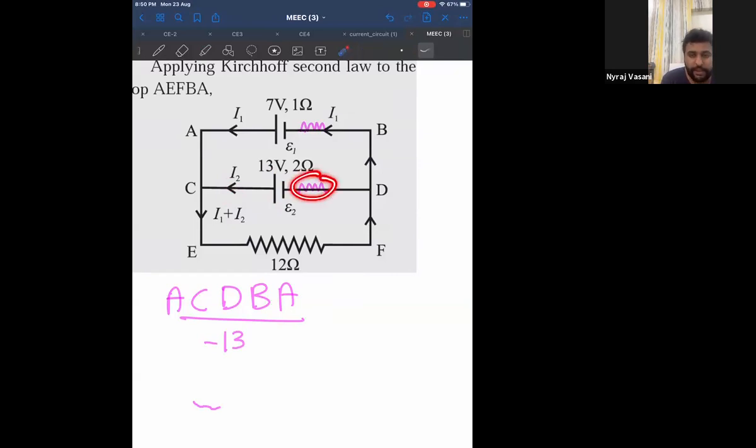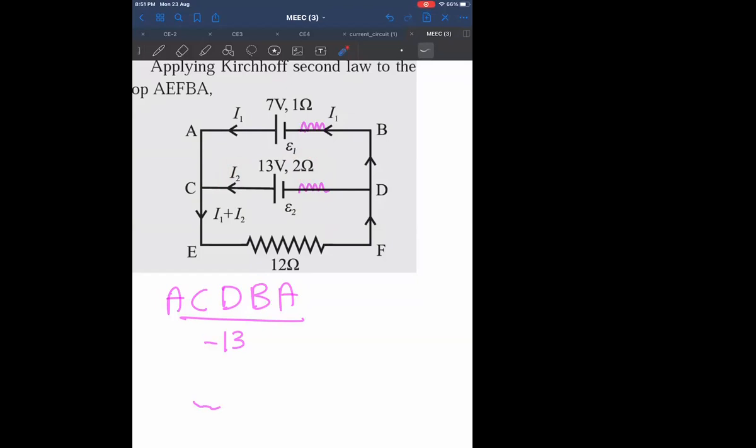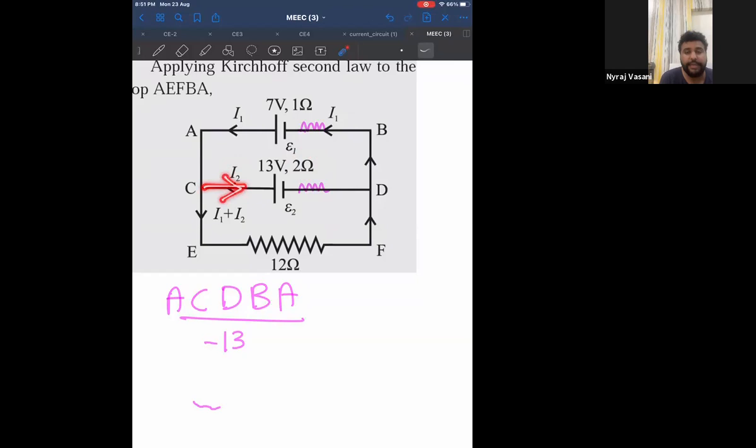Do I see a resistor here of 2 ohm? Therefore, tell me, what is the voltage in this branch? It is resistance into current. Will it get a negative sign or a positive sign? It will get a positive sign because I am going against the direction of current. Rule number one is only for I into R, and rule number two is only for the battery. Please remember that.